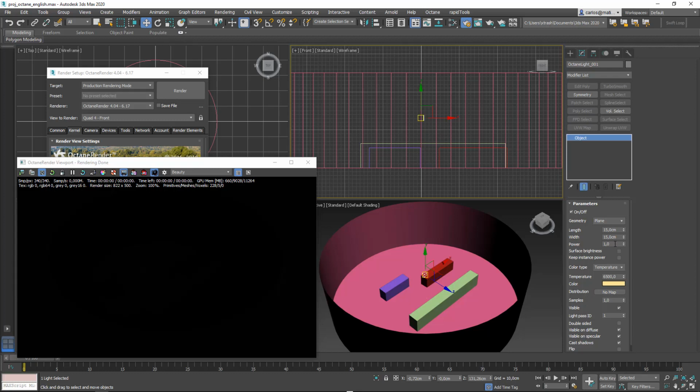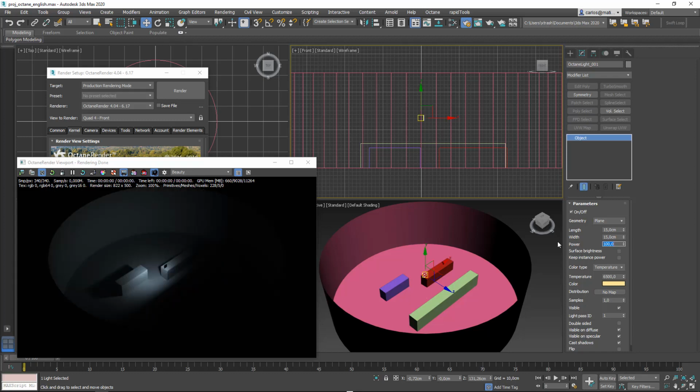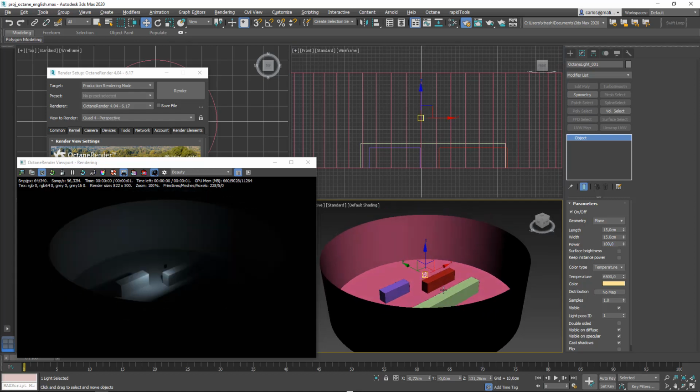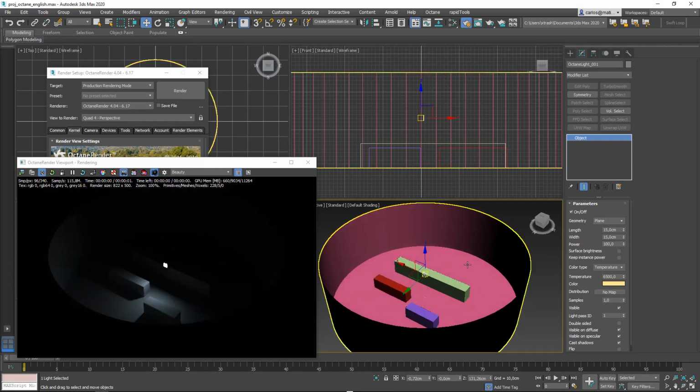It's because the scene is really large and the light is small and the power is very small. The power is 1 actually. So I'm gonna grow it up to 100, and now we can see our Octane light plane